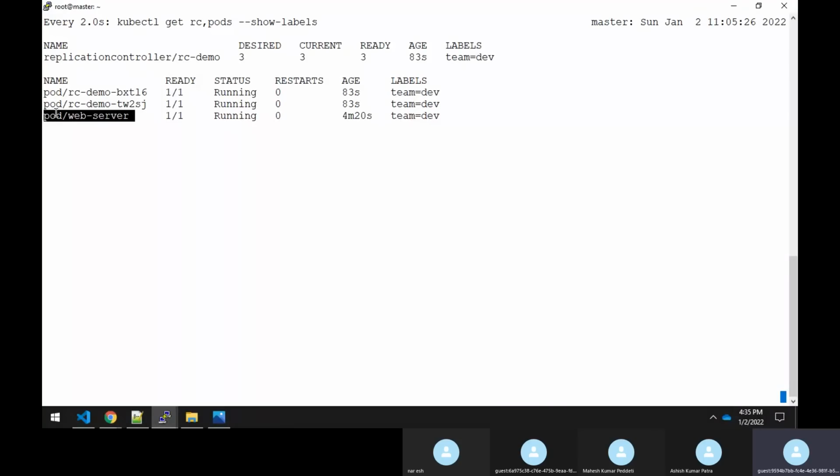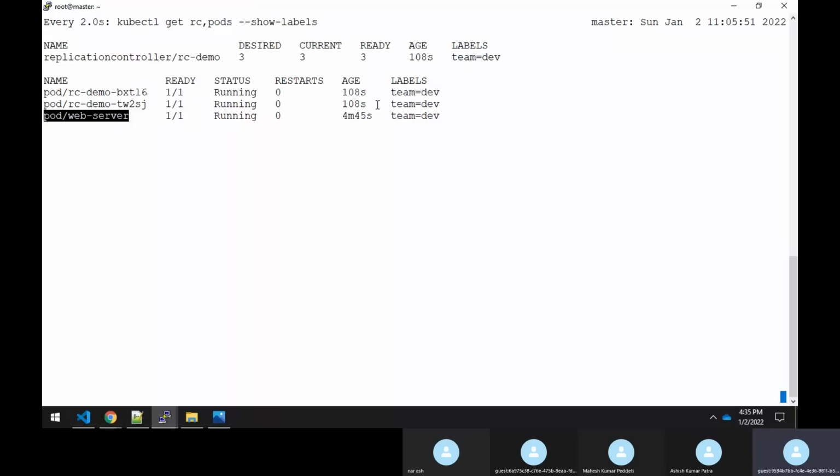If I don't move it out of the replication controller and the pod goes down during that, the controller will kill this pod and create a new one. But I don't want that. I want this pod not to be terminated or controlled by the replication controller, so I just want to take it out.